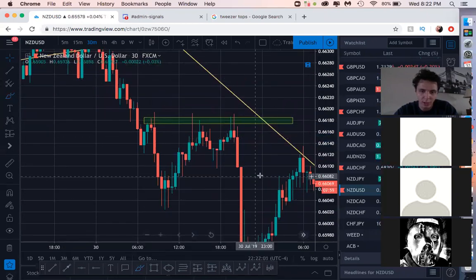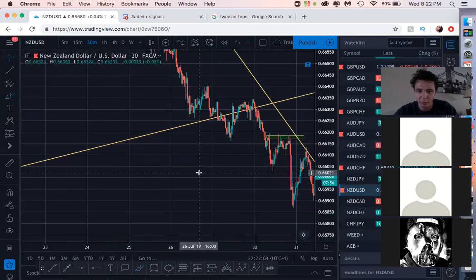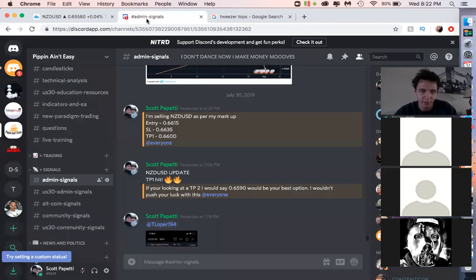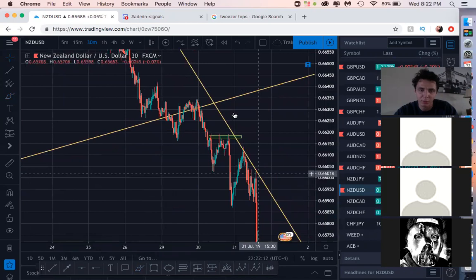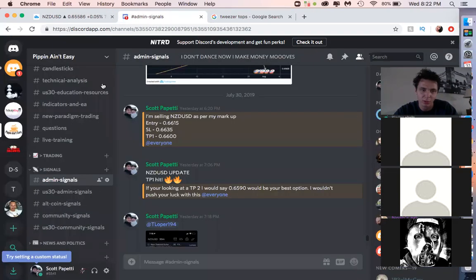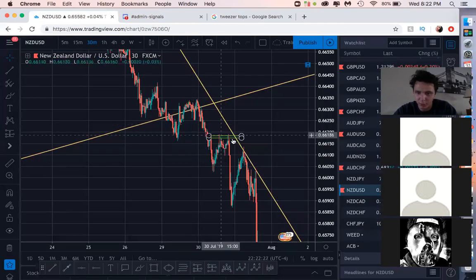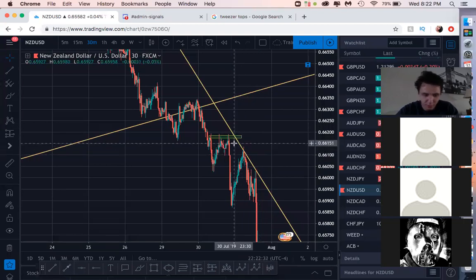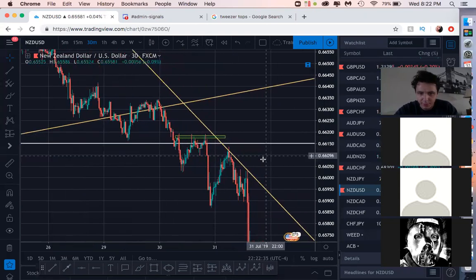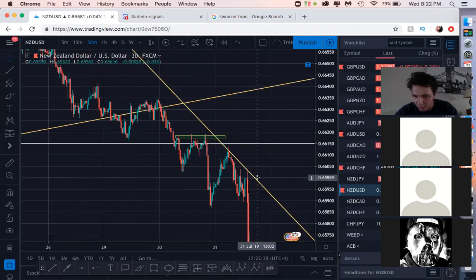And where I decided to place our take profit, I wanted a modest take profit and stop loss because I know that this could definitely have potentially reversed. So I wasn't going to be playing it big, wasn't going to go for the home run. But I believe it was a 20 pip. Let's see. And no, 15 pip with the 20 pip stop loss. So 15 pips take profit. Our entry was right on the 15. 66.15 right there. Then we were looking at 66, which actually ended up being pretty perfect.